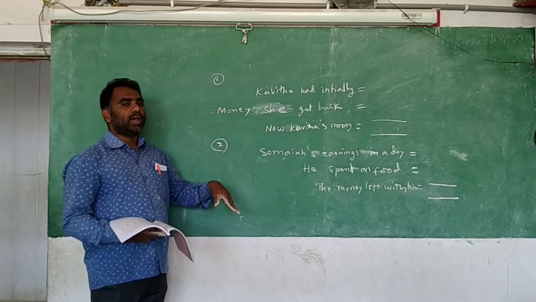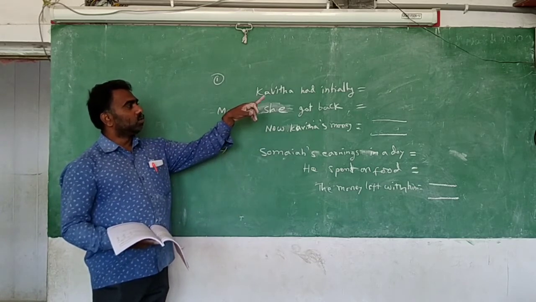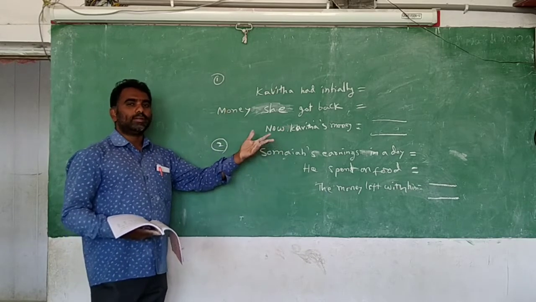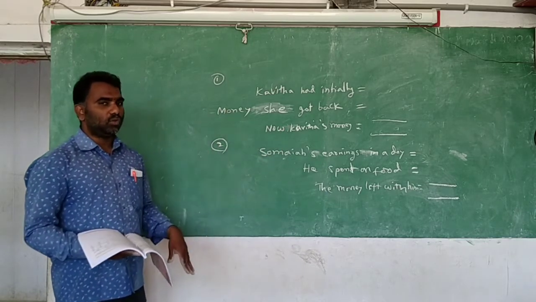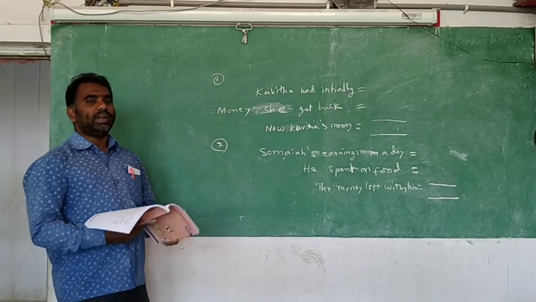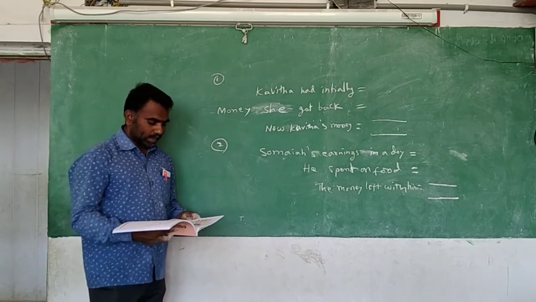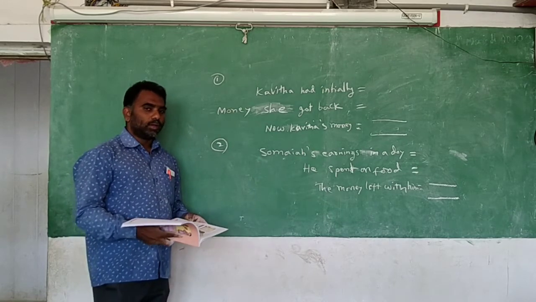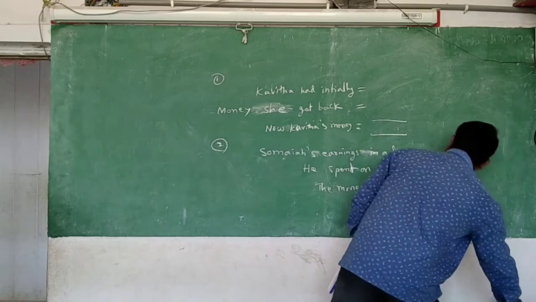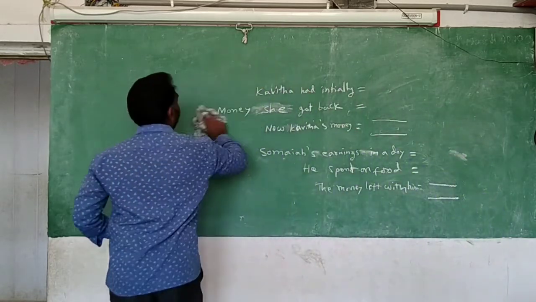After completing the class, then you write the numbers, what will come there, and you find the answer by what we do. Sometimes we need to do addition, sometimes we need to do subtraction. So how do you find the answer? You write it. Find the answer also. Okay? So if you write that, we will go for another question. That is the third question I am going to explain.